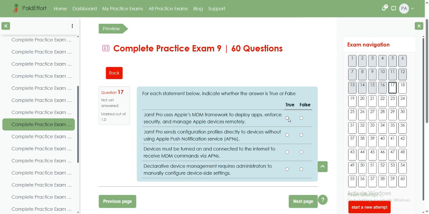True. Jamf Pro sends configuration profiles directly to devices without using Apple Push Notification Service, APNs. False. Devices must be turned on and connected to the internet to receive MDM commands via APNs. True. Declarative device management requires administrators to manually configure device-side settings. False. Now let's explain. First, it is true that Jamf Pro relies on Apple's MDM framework to deliver remote management